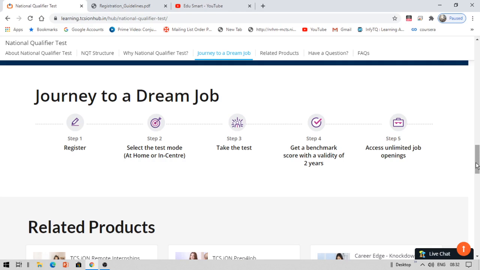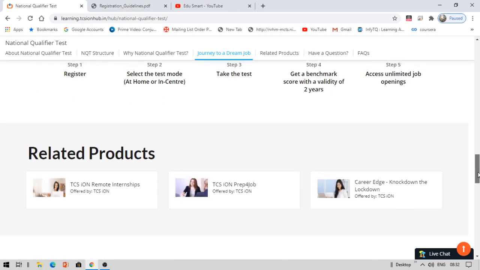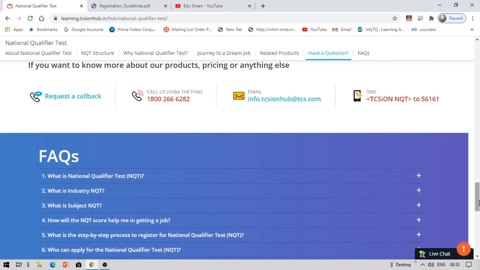And if there are any specific domains like banking domain or some other, if they wanted to conduct a test, they may conduct it for you. But the prerequisite is the NQT score with the programming combined. So that is something that is really important for all of you. So that is about this.